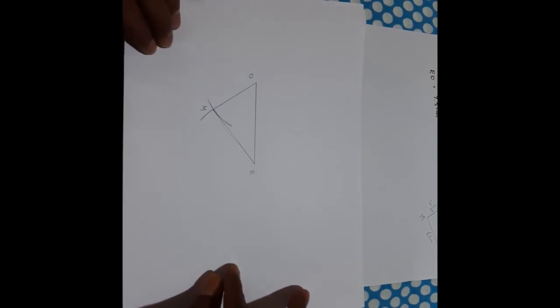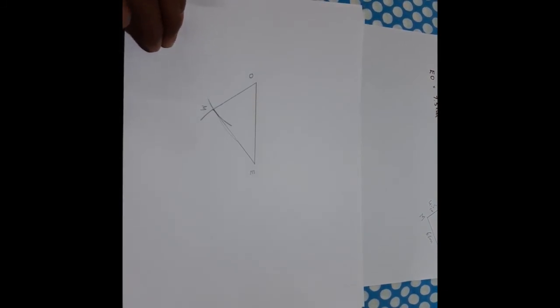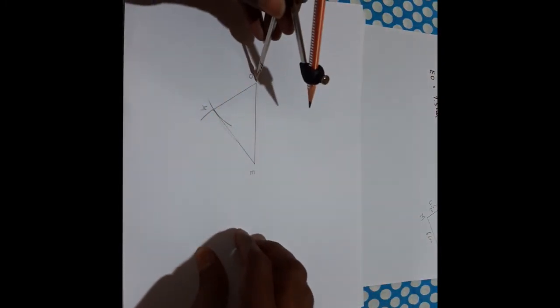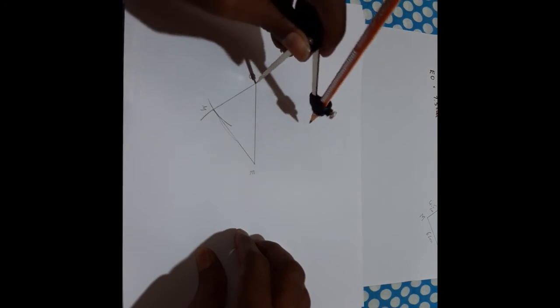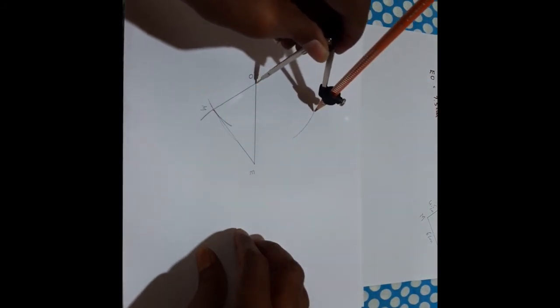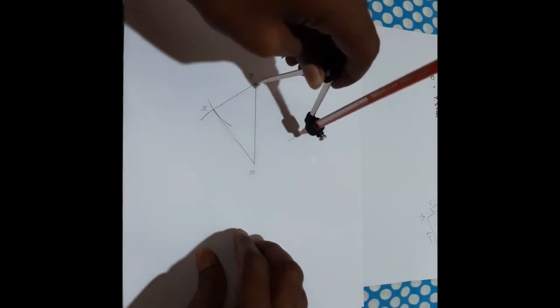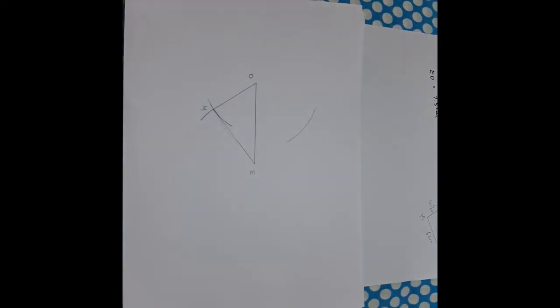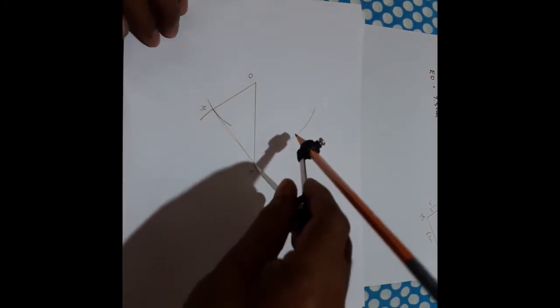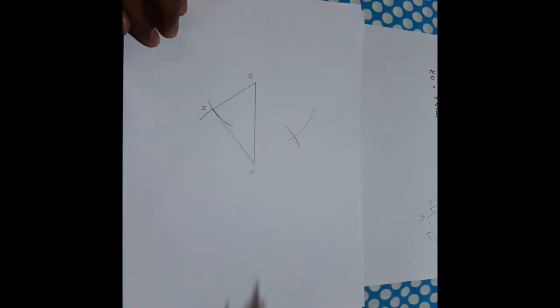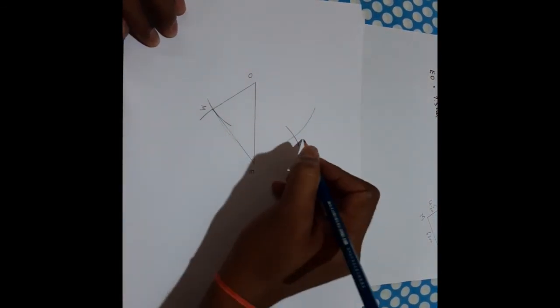Next we need to construct R. So to construct R, here OR is equal to 6 centimeter. ME is equal to OR. So from center O, draw an arc above the line segment OE. Next, RE is equal to 4.5 centimeter. Take 4.5 centimeter on the scale. Take center as E and cut that arc. That is R.